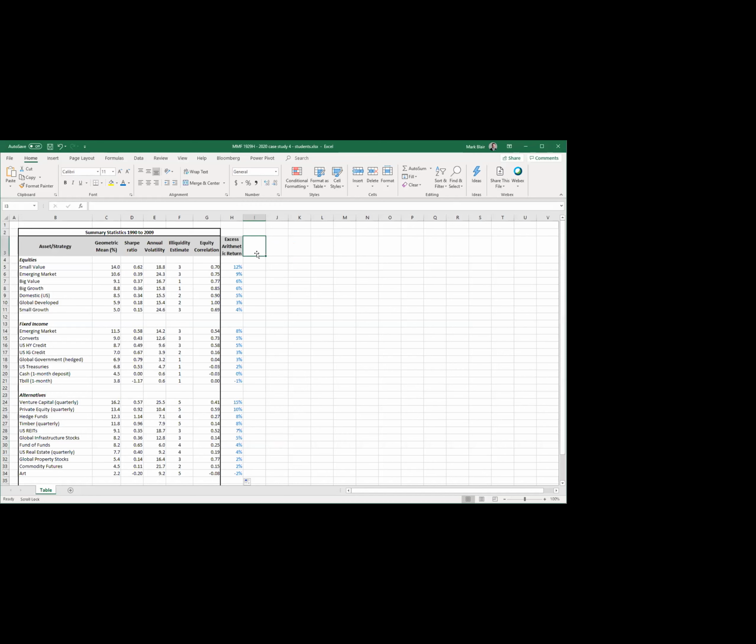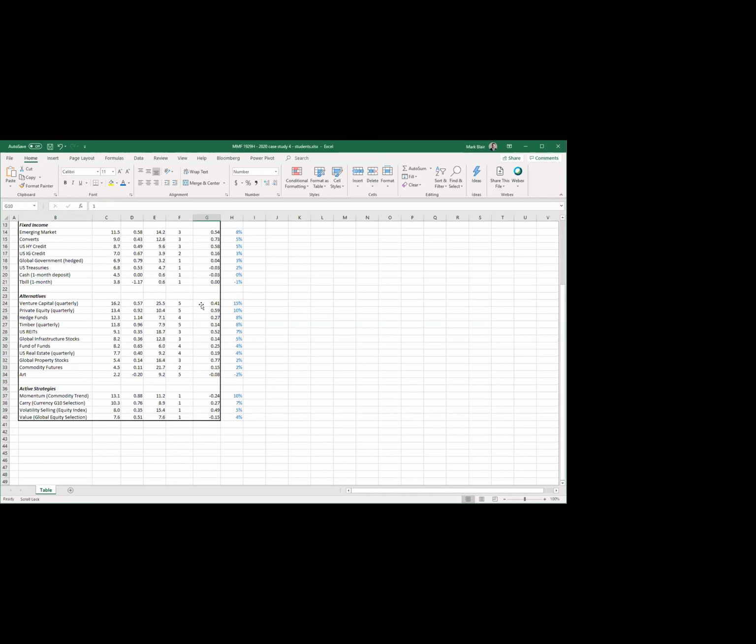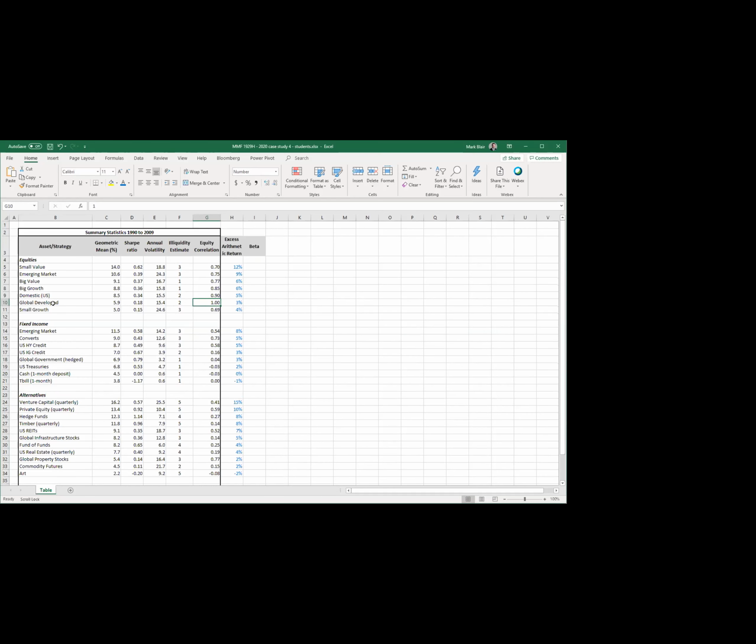And what I want to, so now I need to calculate beta. So that's what I'm going to do next. And then to calculate beta, I need to identify what we take as a market portfolio. And so in this particular example, we know that the correlation of the market to itself is 1. So that means we identify that in this example, we're treating the global developed equities as the representation of the market. So that's fine. And so then the beta is equal to the correlation times, well, actually, I'm going to